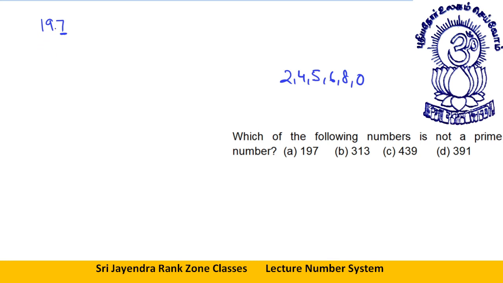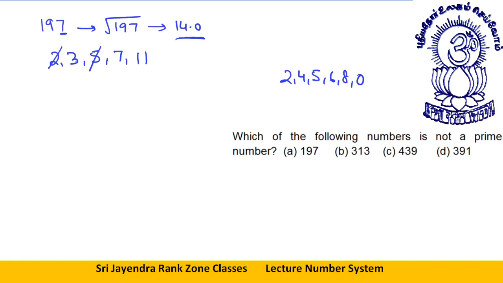Now let's do the under root, or better, directly under root it, so that you can grasp it easily. What is the under root of 197? It is 14.0 something. So I will divide this 197 by all the prime numbers less than 14. Okay, what are the prime numbers less than 14? 2, 3, 5, 7, 11. I already told you 2 and 5 we don't need to divide. 3 also we don't need to divide if you just sum up the digits. Okay.